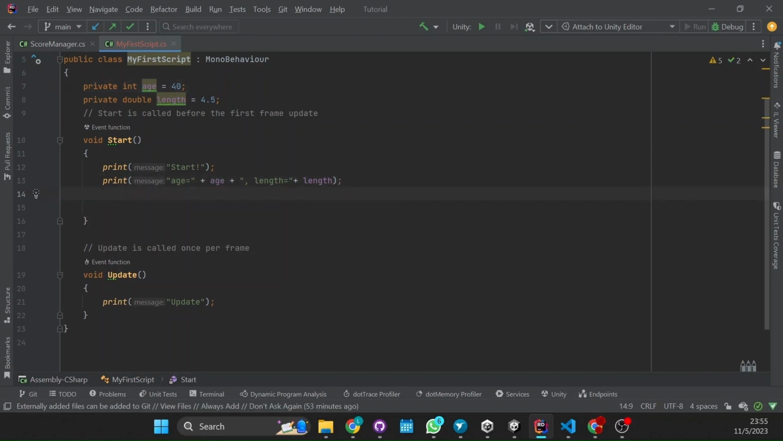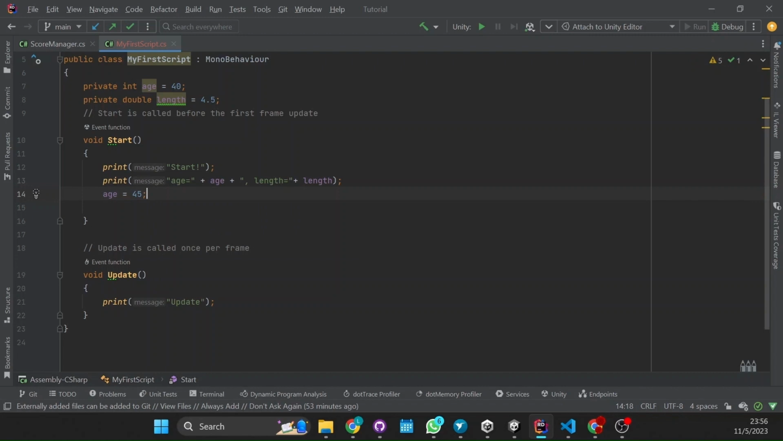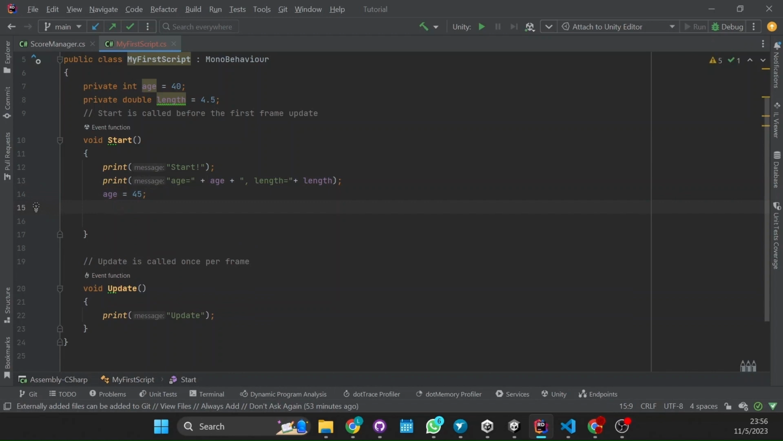We want now the age to be 45. So how do you assign a value? You just put age equals 45. And let's see if we changed it. So now if we print the age, so if we put